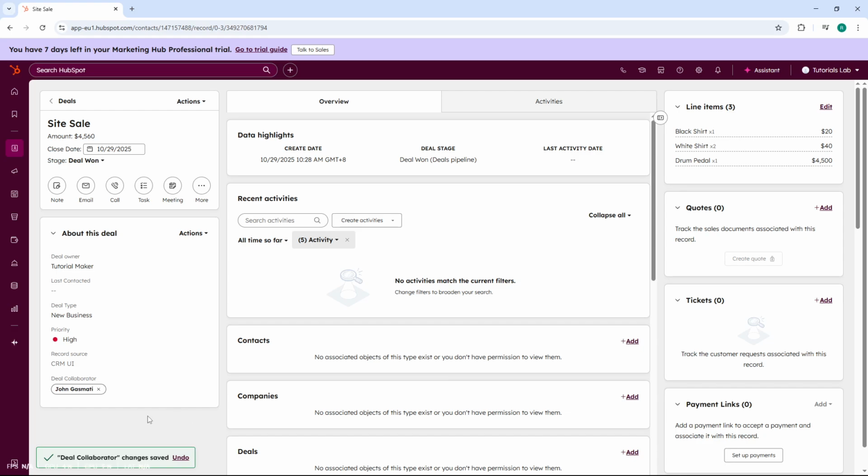Now carefully review the list of available users and check the boxes next to each person you want to add as a collaborator on this deal. You can select multiple users at once, which is particularly helpful for deals that require input from sales, marketing, and customer success teams simultaneously. After you've selected all the users you want to include, look for the confirmation button, which